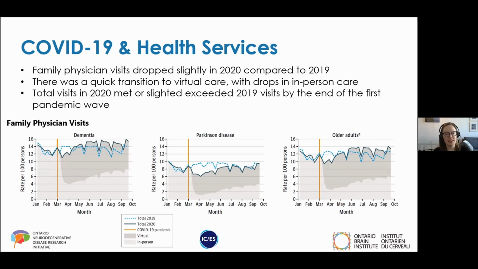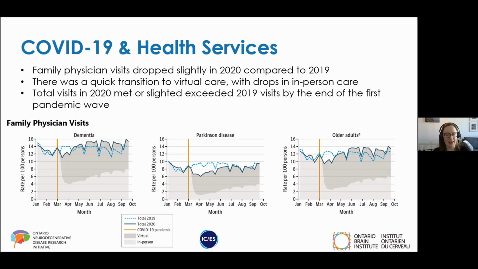But what we found was there was an interesting pattern when we looked at virtual visits versus in-person visits. So we can see the virtual visits are shown by the darker gray here, and the lighter gray indicates in-person visits. So at the start of the COVID-19 pandemic, which is this orange line here, we saw that across all groups, there was actually a very rapid shift to virtual care. And this is showing virtual family physician care. In-person care, of course, dropped, but predominantly virtual care sort of took its place, and some of the rates even increased to higher than historical levels by the end of the study period.